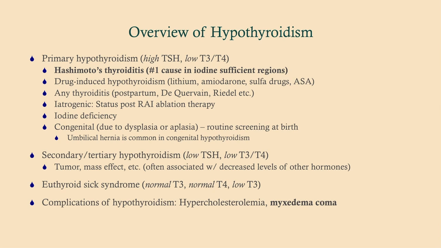Now, the number one cause of primary hypothyroidism, and by the way, primary hypothyroidism makes up 95% of hypothyroidisms in general. Number one cause is Hashimoto's thyroiditis, and that's the number one cause in iodine-sufficient regions like the US and developed countries. There are a variety of other causes. It can be drug-induced. There can be other thyroiditides that we will talk about more when we get to hyperthyroidism. It can be iatrogenic. If you remove the thyroid, you're certainly going to have a hypothyroidism, and so we need to supplement those patients with